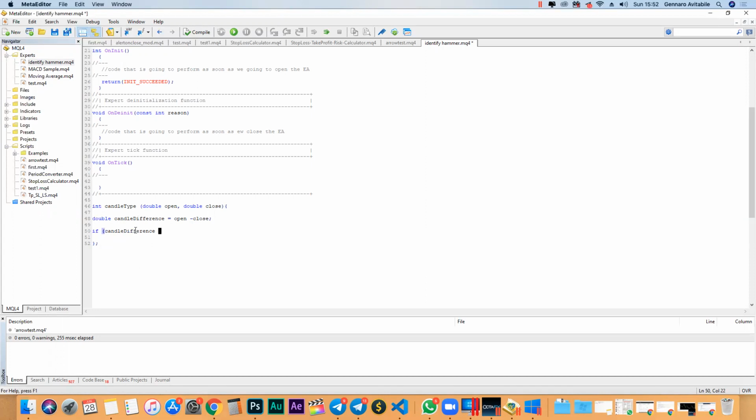So if candle difference is lower than 0, what do we got? Well, we definitely have a bearish candle. So we should have a bearish candle. Great. All right, so we have that. What are we going to do with this number? Well, we're just going to return,